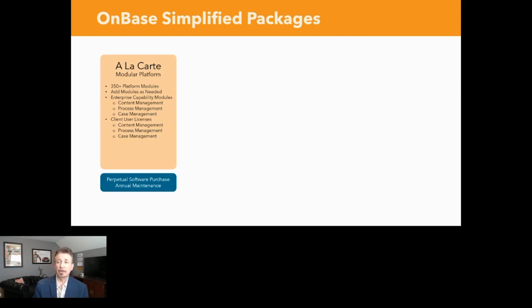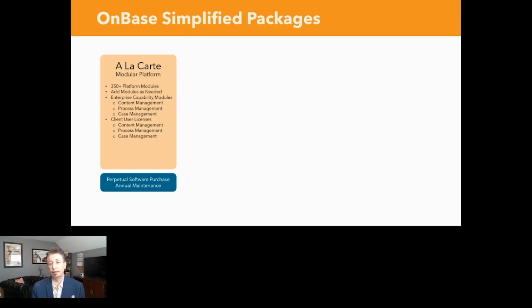If your people needed workflow capabilities, now you needed a second, an additive license. So now they have an OnBase license and a workflow OnBase license. And then if they needed WorkView, you're buying a third license for each person. So now they've got an OnBase WorkView, an OnBase workflow, and an OnBase license to do what they need to do in the platform. Again, this is that complicated model.